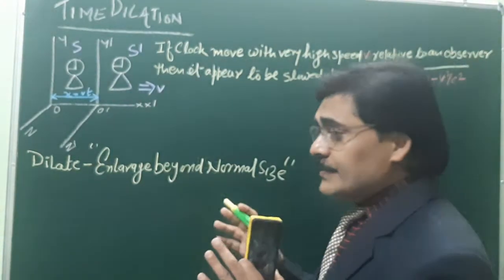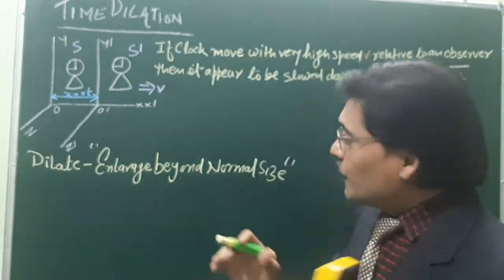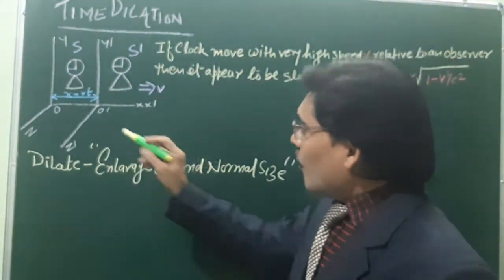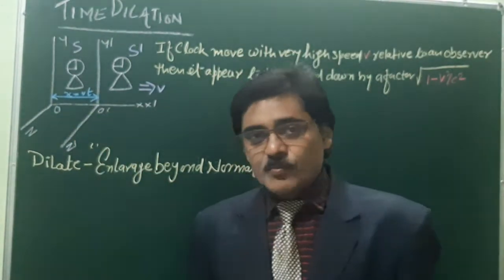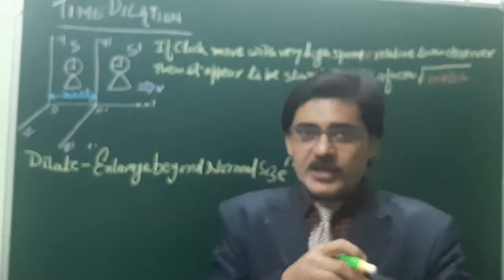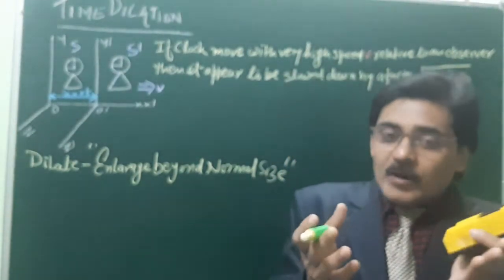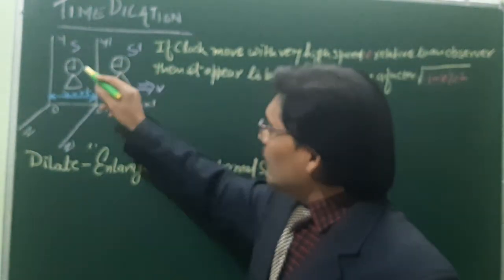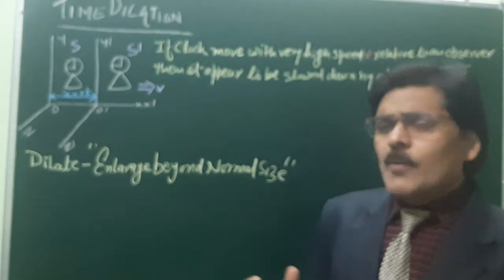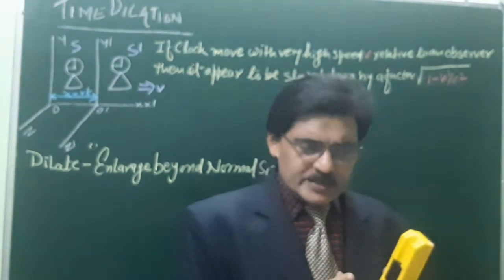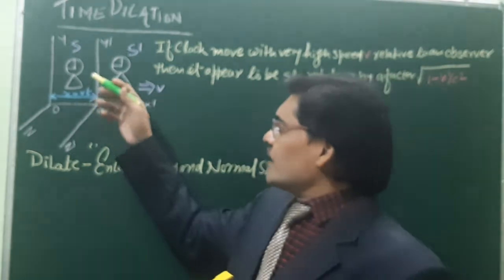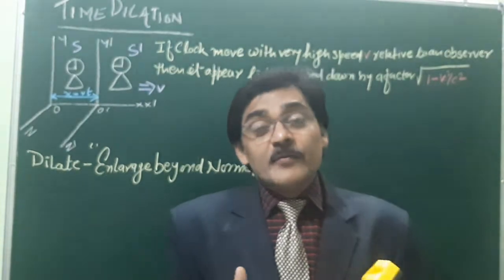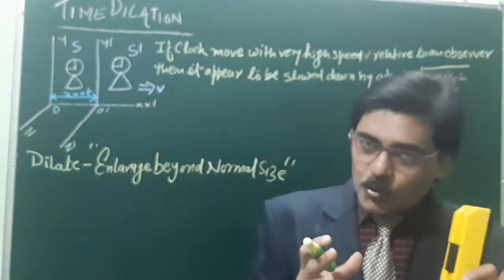Before we discuss the time dilation case, suppose in the initial state the frames S and S dash are both at the stationary state. The observers O and O dash both have a watch. Both observers synchronize their respective clocks. Suppose the time is 9 o'clock here and 9 o'clock here. Suppose both observers observe any two events' time interval in their respective frames of reference. So the time interval is the same when both are at the stationary state.